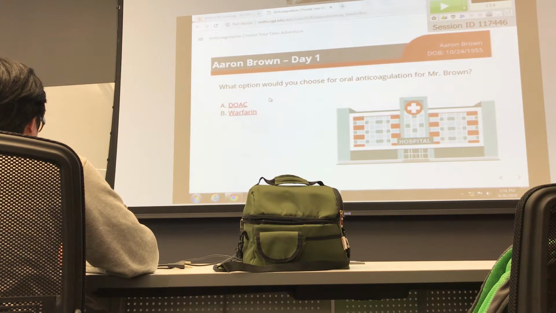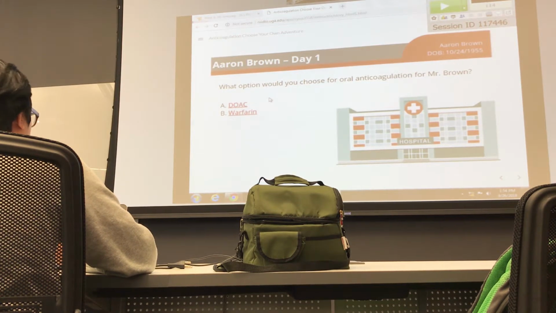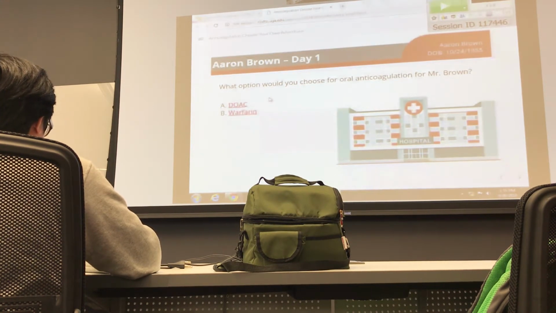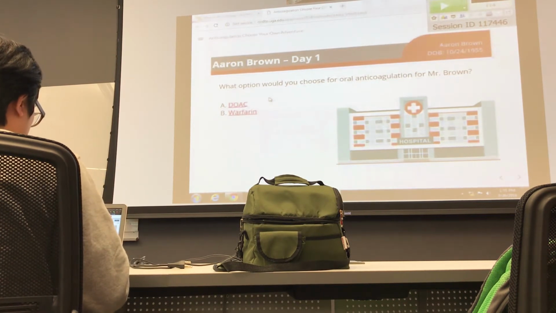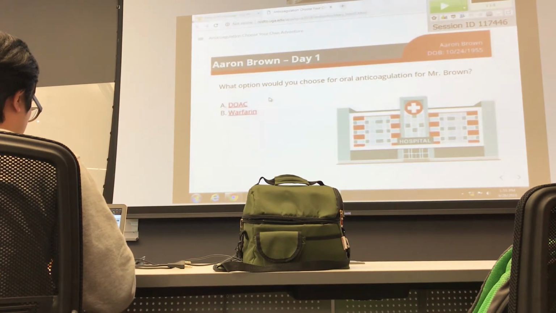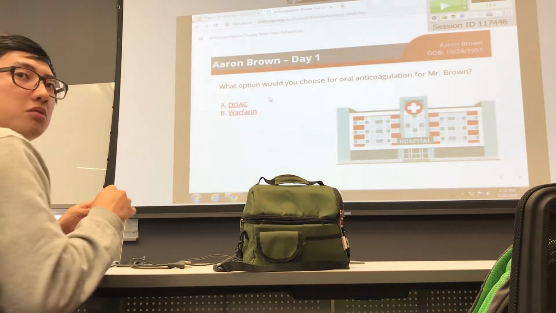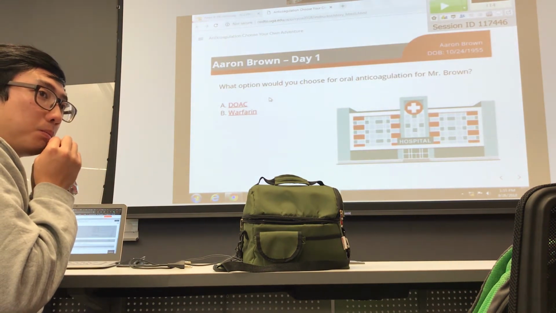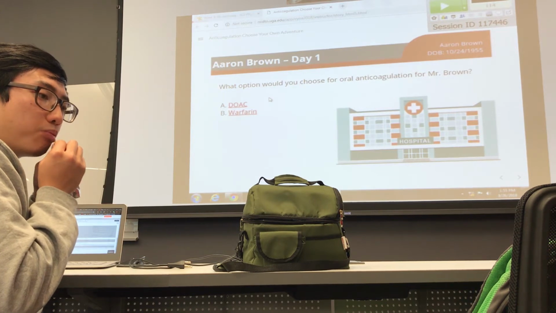Warfarin interacts with the levothyroxine. Good. The patient has a potential drug interaction with the levothyroxine, and you're worried about warfarin dosing with levothyroxine. Here's the catch. Is the patient already on warfarin? No. So when do we worry about levothyroxine drug interactions with warfarin? When you're changing the dose of the levothyroxine. Right. When you're changing the dose of the levothyroxine, then you would have an interaction with warfarin.